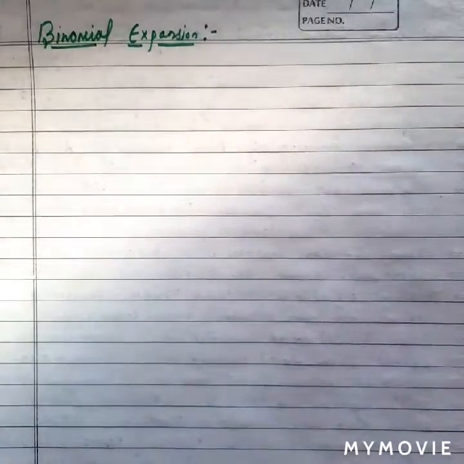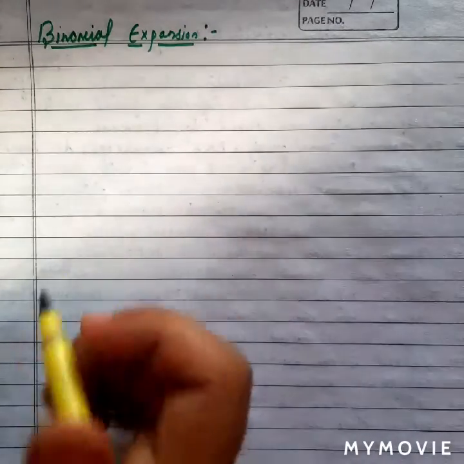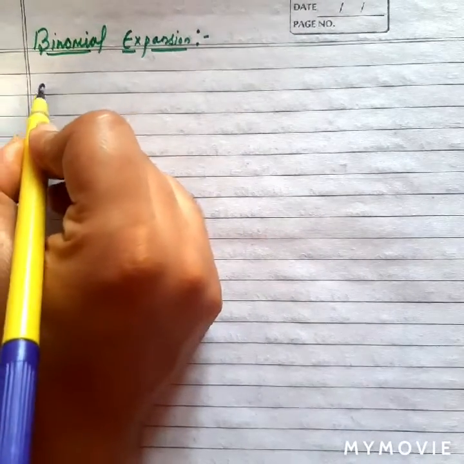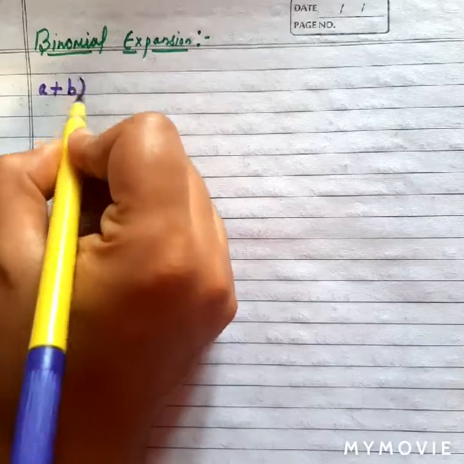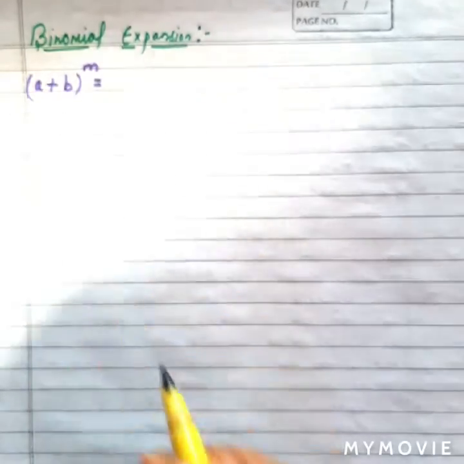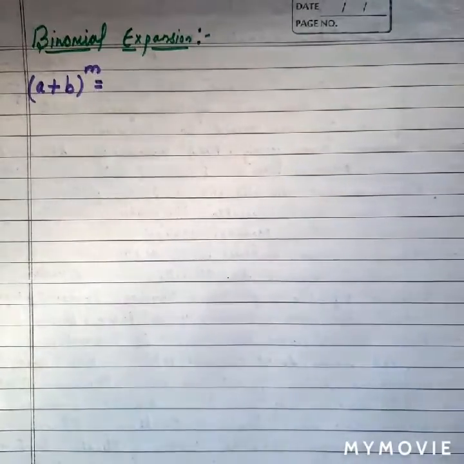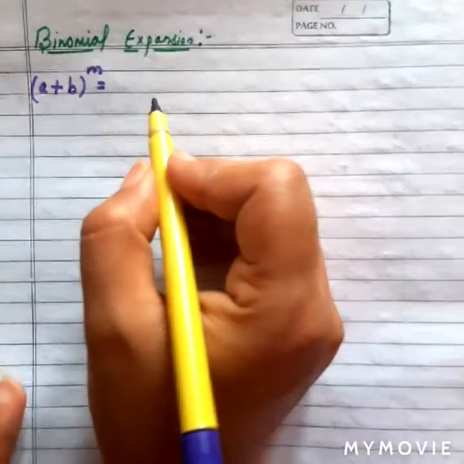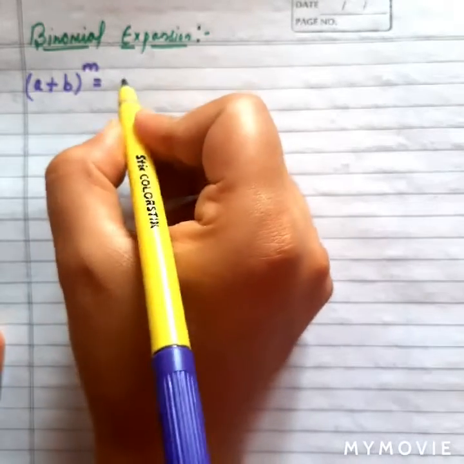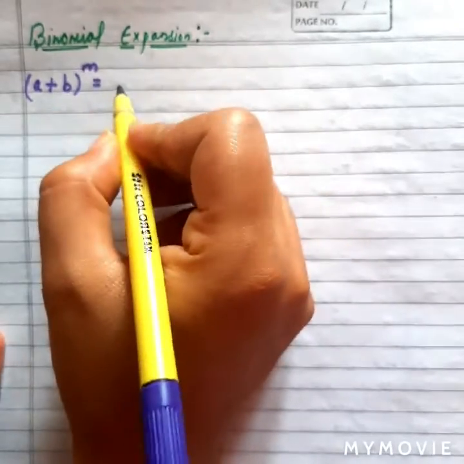In my previous video, I talked about infinite series, and under infinite series, we talked about binomial expansion. And in binomial expansion, we learned how to expand a term of the form (a + b) raised to power m. In this case, (a + b)^m is equal to, as per binomial expansion,